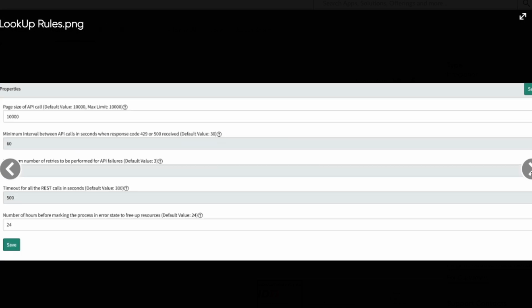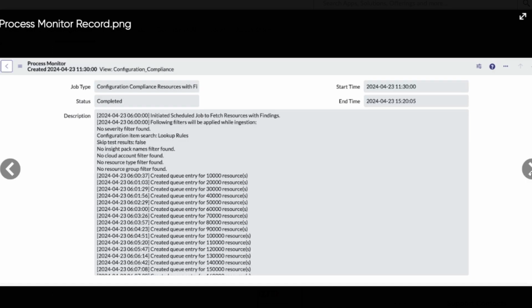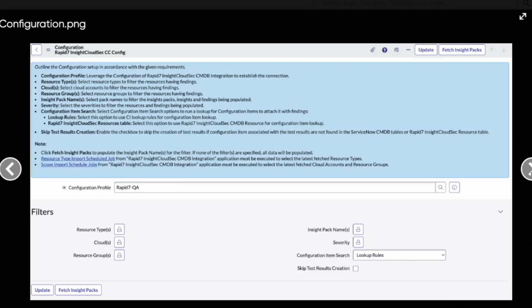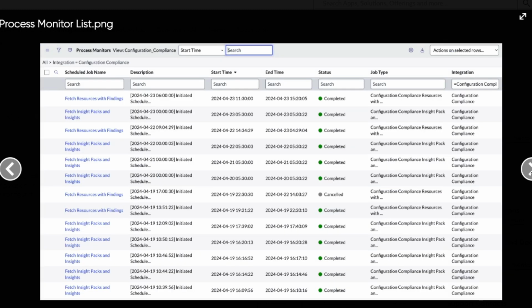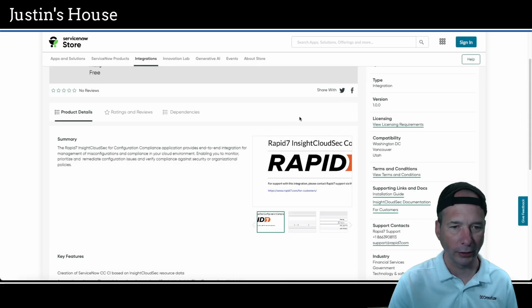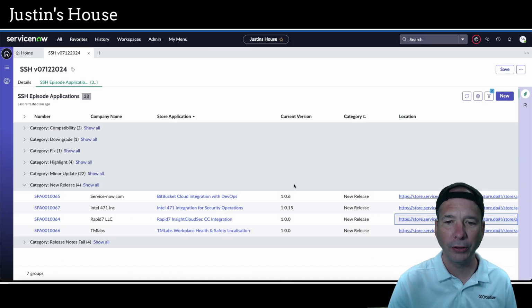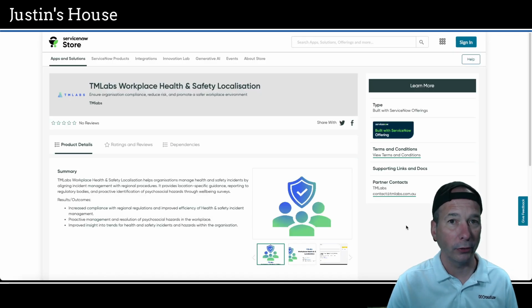Some system properties in this screenshot, some lookup rules, and a process monitor record, configuration profile for Rapid7 QA, process monitor list, so basically a list view, and then we're back to our support link that we saw for the first screenshot. So that's what's new from the team at Rapid7 LLC, which brings us to our last new release,